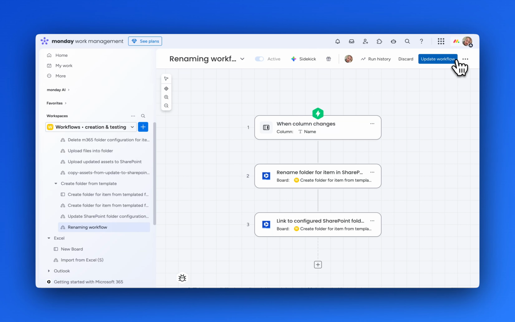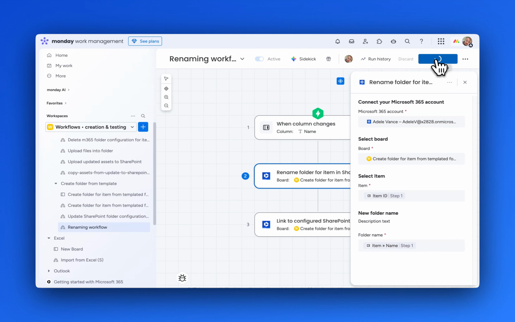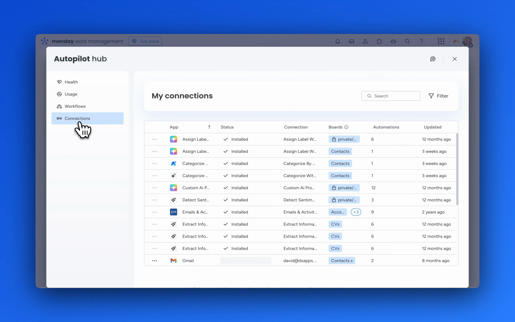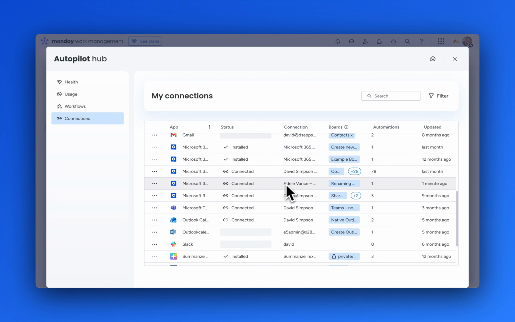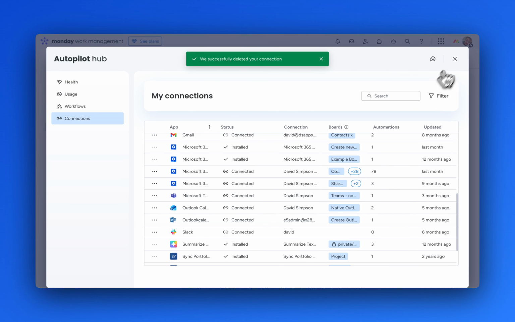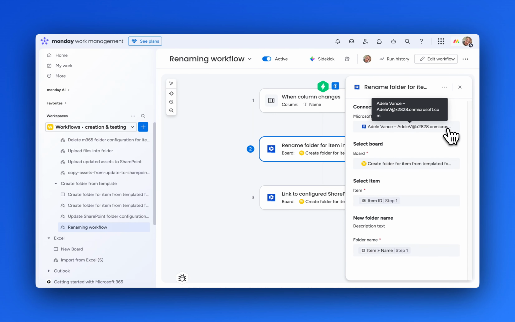Well, the first thing that we need to do in order to delete Adele's credentials is to select Adele and update the workflow here. Now we can go into Autopilot Hub, look at connections, and we should be able to see, where is she? There, here's Adele here. So now we can delete Adele's credentials. So we can go in there and delete them. And that's deleted. And if we go back to the workflow, it still says that Adele's there, but it